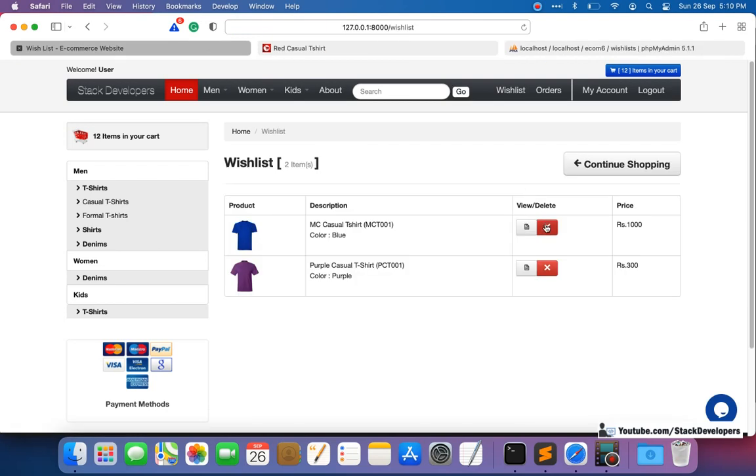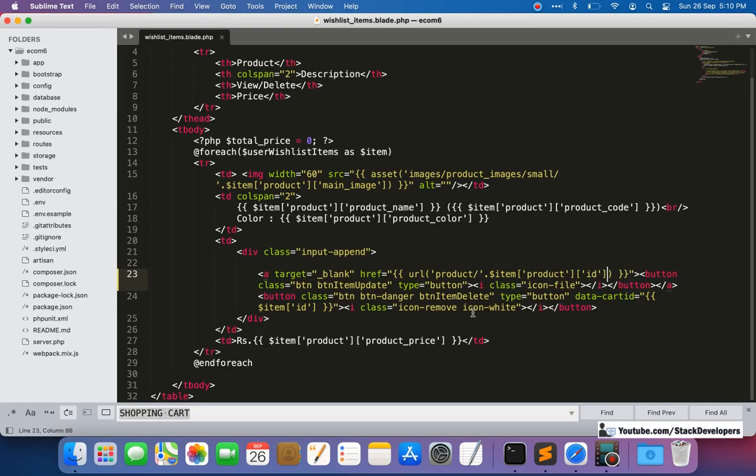The next one is the delete functionality, and for that we will add the button. The item delete is for the cart. We have copied it from the cart, so here we will do something like wishlist item delete, and along with that, the data cart ID we are going to make it wishlist ID here.